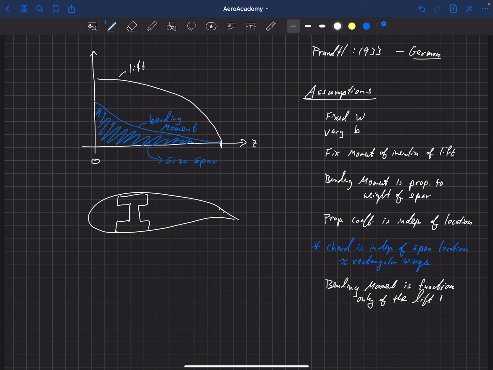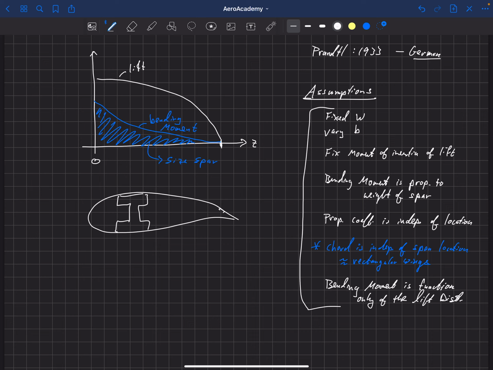Okay, so I'm just going to box this. These are really important assumptions to understand when you're studying this bell-shaped lift distribution solution. You have to understand the assumptions that went into developing this. All right, so with all of those assumptions,